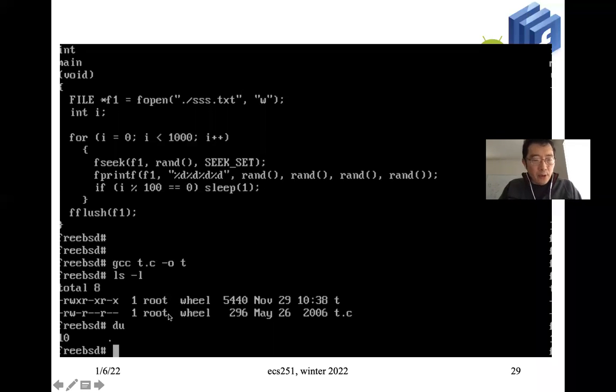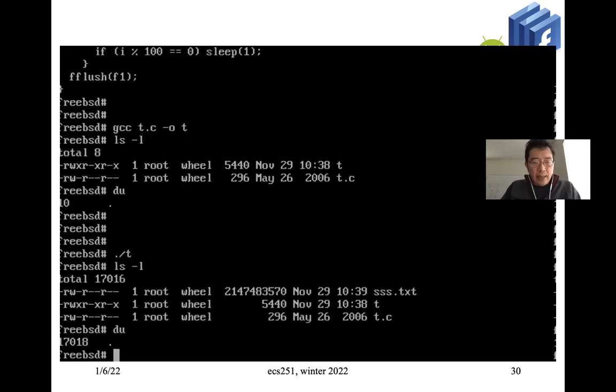Anyway, you can see that before I run this program, the disk usage using this command called du is essentially only 10. That means I'm using about 10 blocks in this directory with this executable, with this program. So I haven't started running. Okay, now I'm actually running this program. I run this, and then you can see if I do an ls -l,